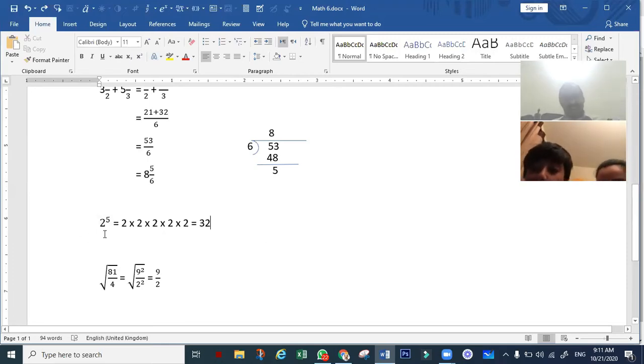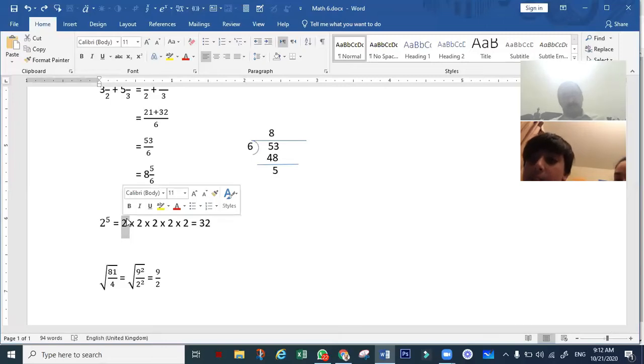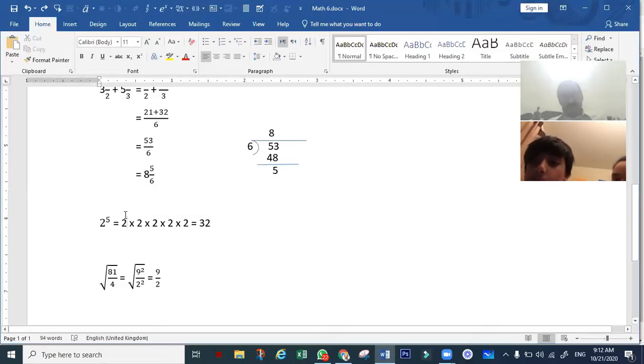Now you can see this, 2 power 5. It is to be read as 2 raised to the power 5. It is called the exponent. You know what that is called? Exponent. That's why 2x is called the exponential function. 2 power 5 means 2 multiplied by 2 multiplied 5 times: 1, 2, 3, 4, 5 times. And every 2 is raised to the power 1. When nothing is written in the power or the exponent, we mean that it is raised to the power 1.